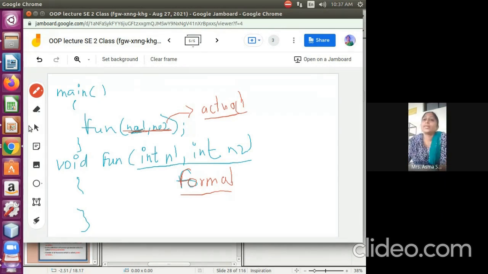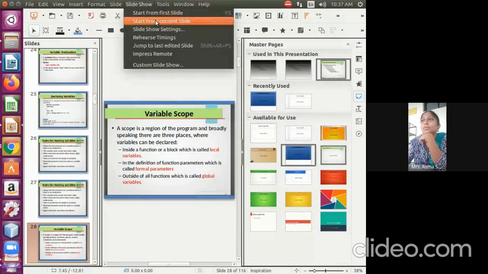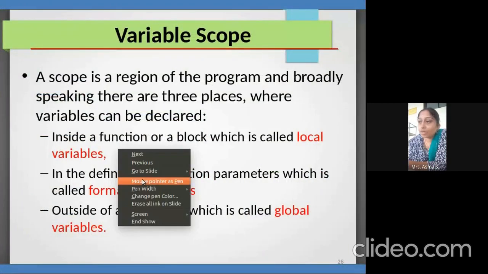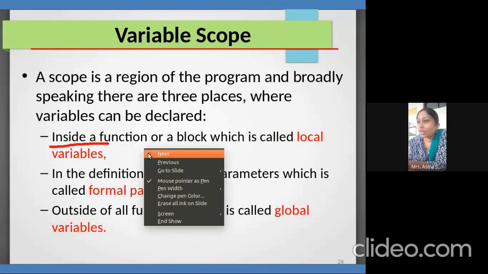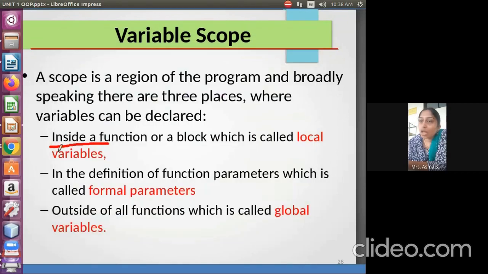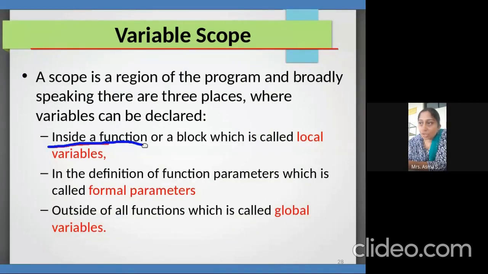So here these are three different kinds of variables: local, global, and formal parameters. So we can have the variables inside a function or a block, which are called local variables.